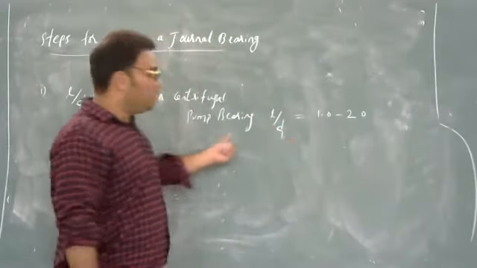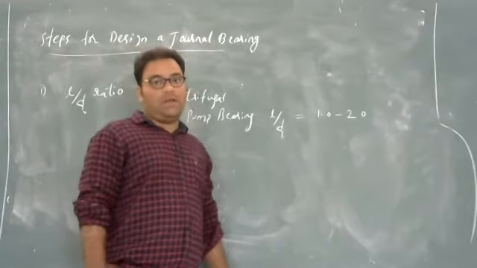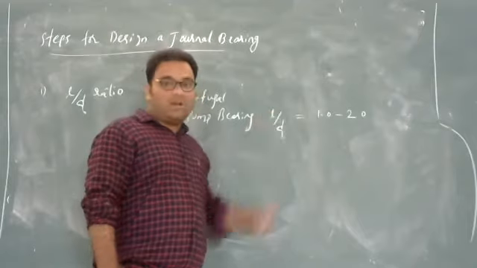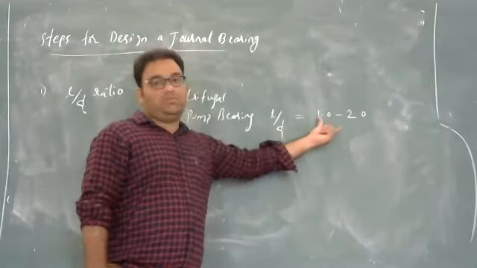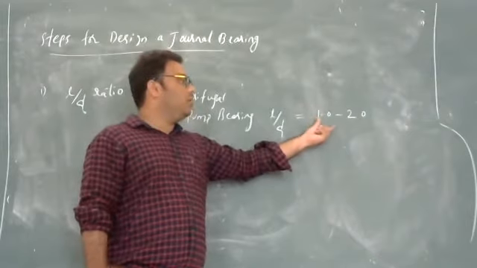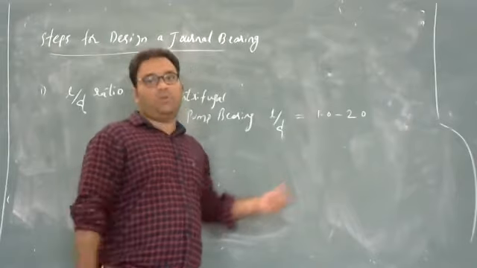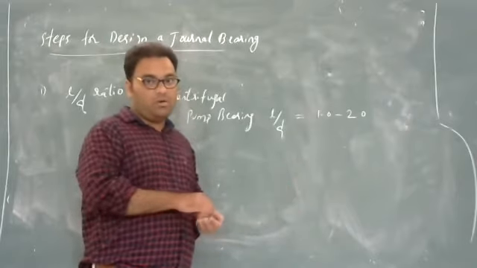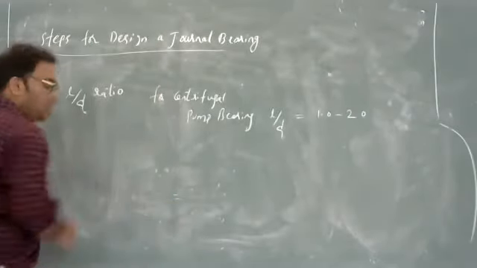Most of the time we give either the D value or the L value. With the help of that, we take the other value. For example, if the length is given as 100 mm, we find the D value with the help of this. Instead of taking exactly 1 or 2, take in-between values like 1.2, 1.3. That is helpful while solving the problem. So then we find the L by D ratio.